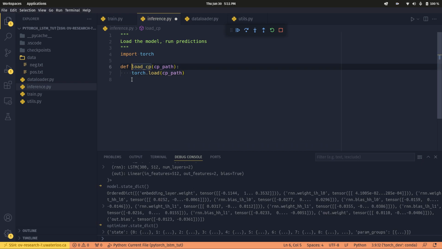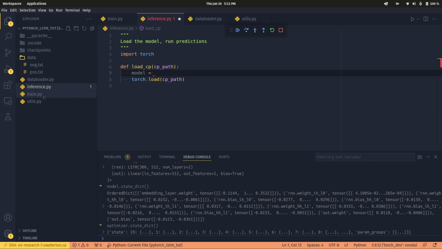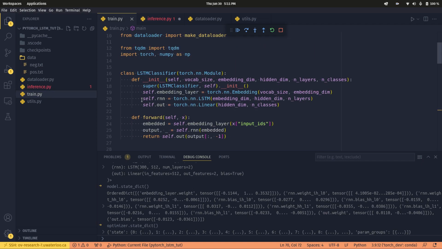So we'll actually need to apply these models to whatever, like we'll actually need to create a model, is what I'm trying to say here. So to do that, we'll need to first of all create an instance of the model, and let's also do one thing. Yeah, let's move this classifier from here to